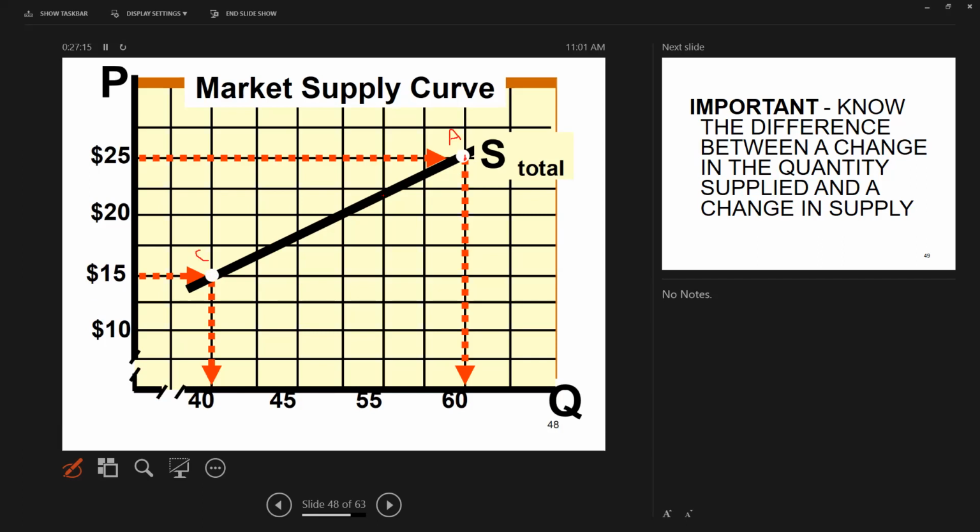And then we'd label the other ones. We graph the other points at a price of $20 per CD. I think it was 50 CDs will be offered on the market. So we go over to 50 and up to 20. And that was point B. And then at 10, we don't have it on here, but 30 CDs were offered. So we could have gone to 30 and done that, but we didn't. We cut this graph off just to keep it short. Then we connect those with a straight line to demonstrate the law of supply.